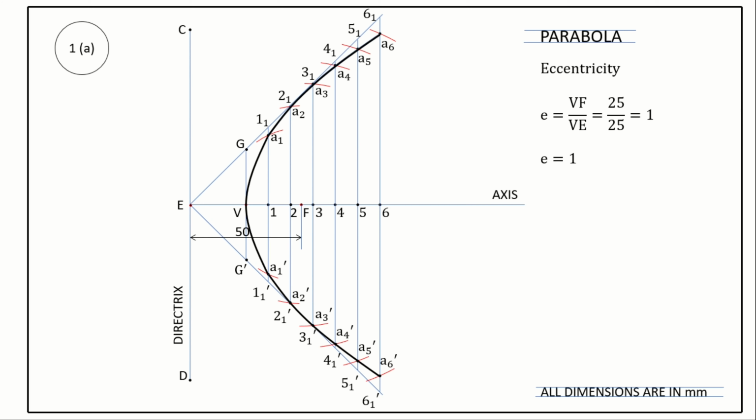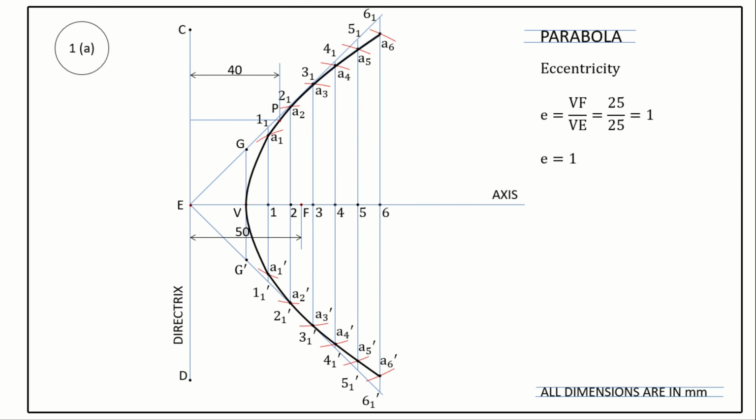The point is 40 mm distance from the directrix, the fixed line. So, let me now start drawing the tangent and normal to a point 40 mm from the directrix. Measure a distance of 40 mm from directrix. Locate the point P on the curve. This point P is at a distance of 40 mm from directrix. That is, horizontal distance of point P from the fixed line is 40 mm.